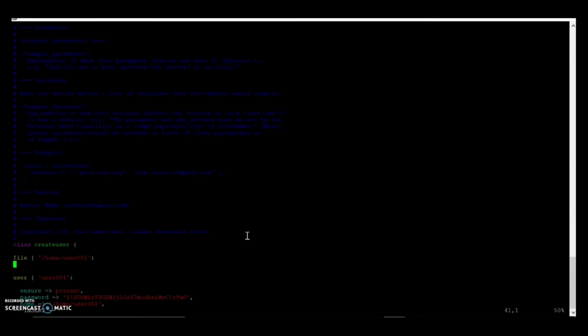So just like we created a resource for user, we are creating it for file, and then we'll provide the different values that we want. So ensure that it is a directory,